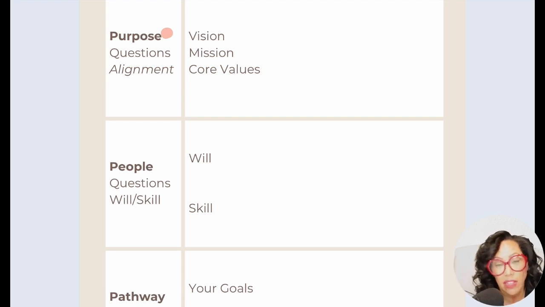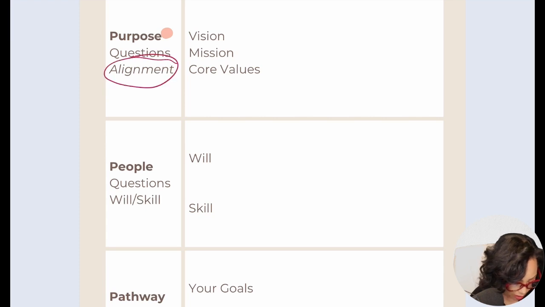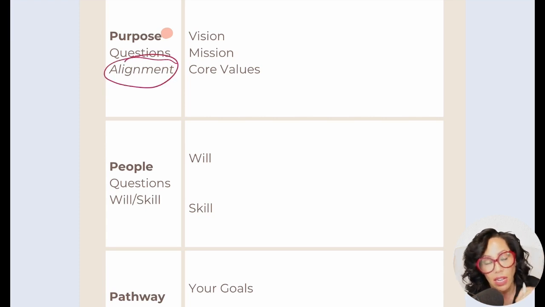So the first thing is you want to ask purpose questions. You don't want to ask questions like, what's your vision? What is your mission? What are your core values? But you do want to structure questions that help get at their vision. What you're looking for here is alignment. So does their vision align with yours? If you have 100% vision, you want to ask them questions about, all right, we have 100% vision at this school. What does that mean to you? What does it look like? What would these be, the things that you're going to be doing? How do these things help get to the 100% vision? What can you do to help us get there? Things like that. So you want to ask vision questions.